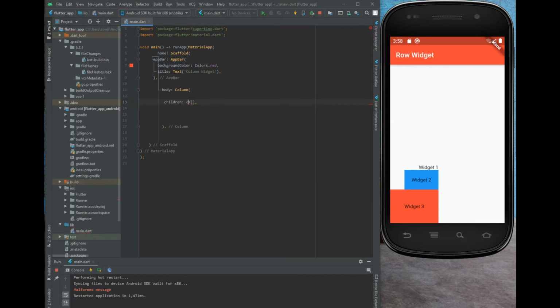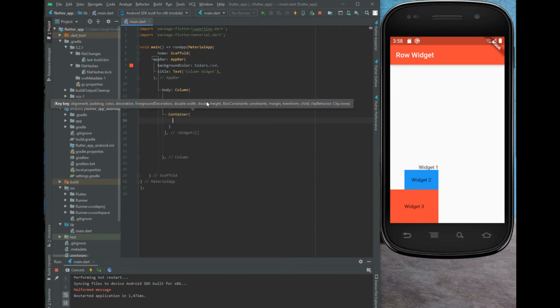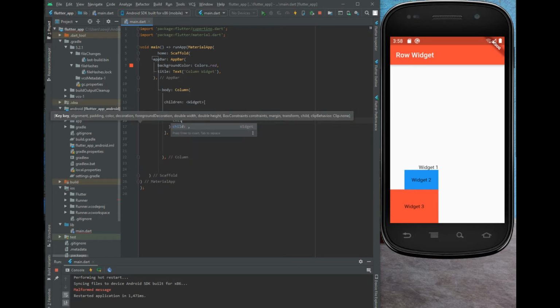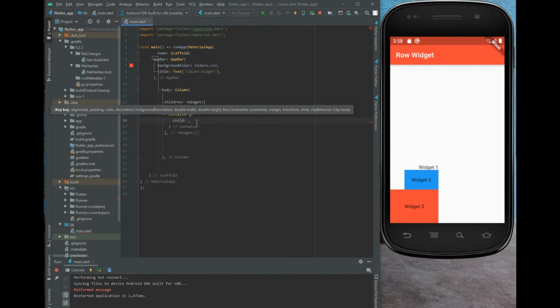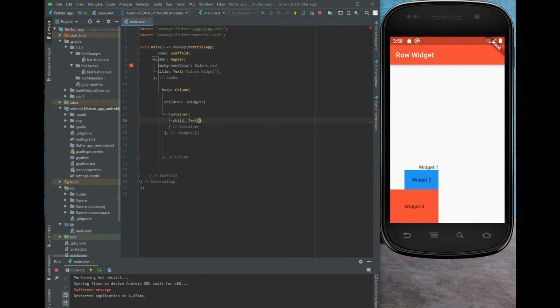Widgets, and within the square brackets add a container widget. In this, use child property to add text in container. So I am going to add text widget. In that I am going to type